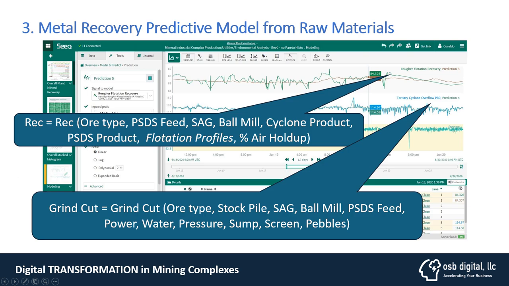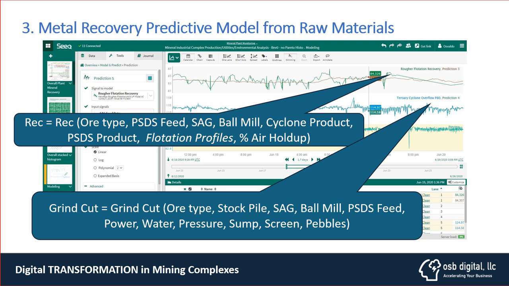So this one is showing just an example of when we got that data and these feature variables which we just described, having the air holdup, reportation profile, we can optimize the recovery, as you can see there, because we see the calculated recovery with the predictive recovery. So we are really understanding when we move a variable, what is the effect on our calculation, and also the real-time estimate on how things are being manipulated.